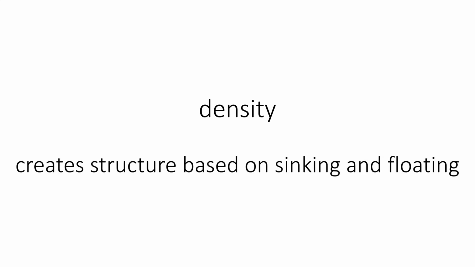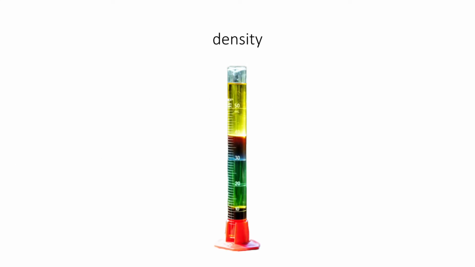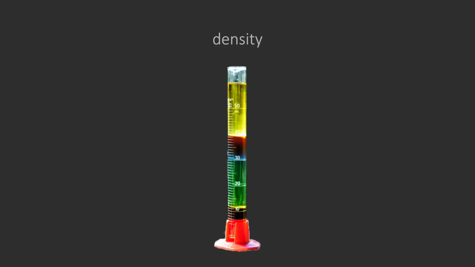A final physical property to think about with dichloromethane, and it's especially important with dichloromethane, is density. Density is important because it creates structure based on sinking and floating. More dense objects sink, less dense objects float. This creates everything from the core, mantle, and crust of the Earth to the different layers of the atmosphere, and when air sinks and floats, differences in density create winds. The density of dichloromethane is